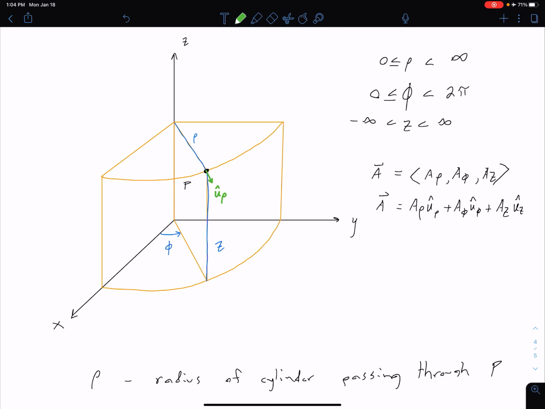Our z is going to be the same as Cartesian, so that's going up along that z line. This is our u of z. And then finally our phi is going along this phi direction here. So we have our phi unit vector in that direction. And what we can notice, as advertised, is that all three of these are mutually perpendicular,